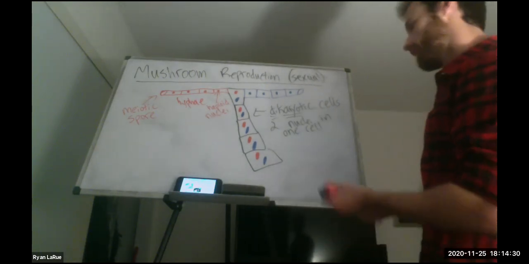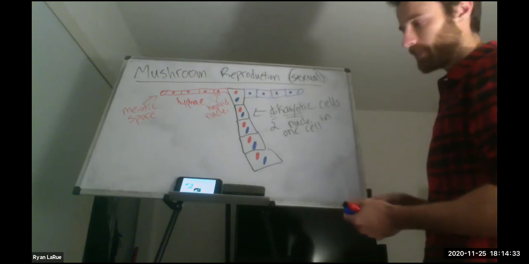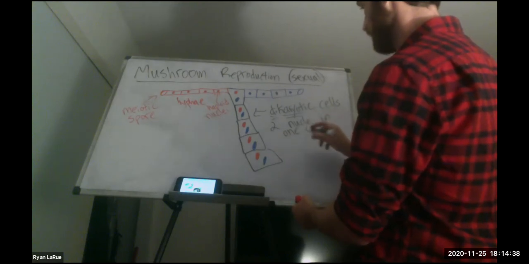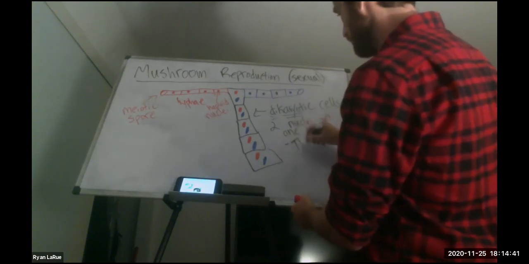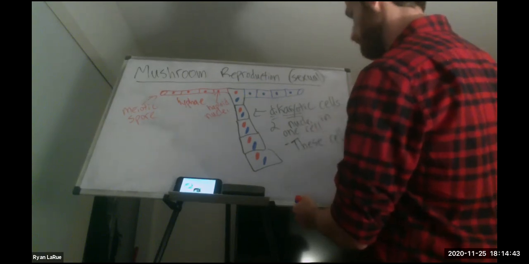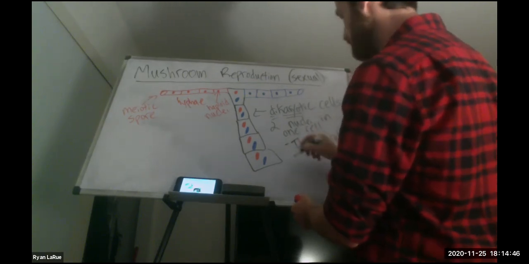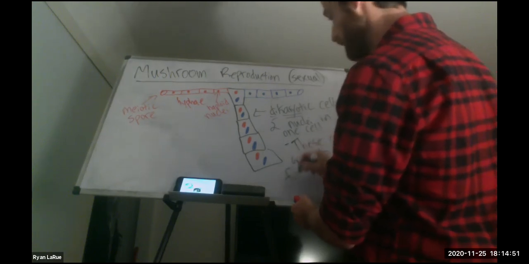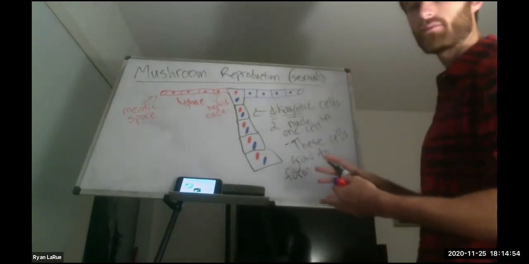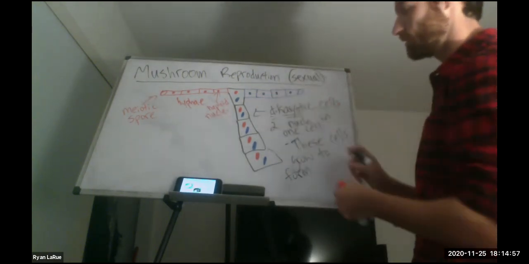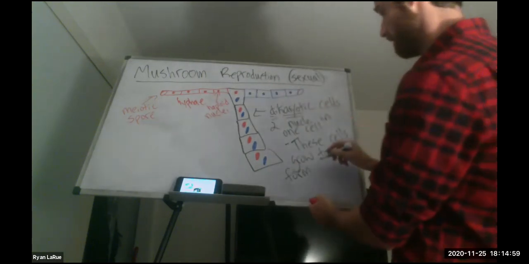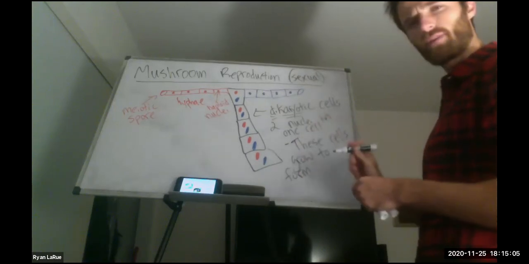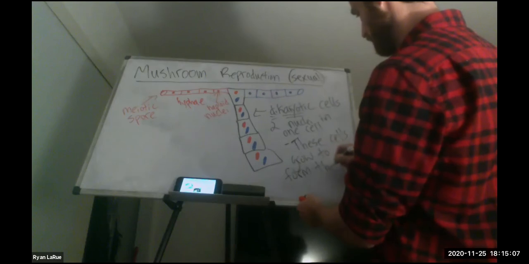Okay. These cells grow outward. So I'm going to say, it's right here. These cells will actually grow to form the entire mushroom. The entire mushroom is made of dikaryotic cells. Once this fusion happens, the mushroom is produced. And the mushroom with the cap and everything, we call it the fruiting body of the mushroom. So the fruiting body.